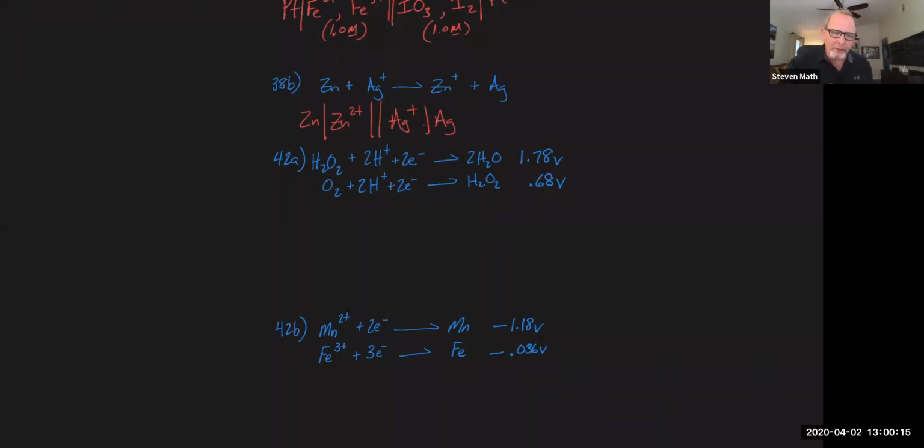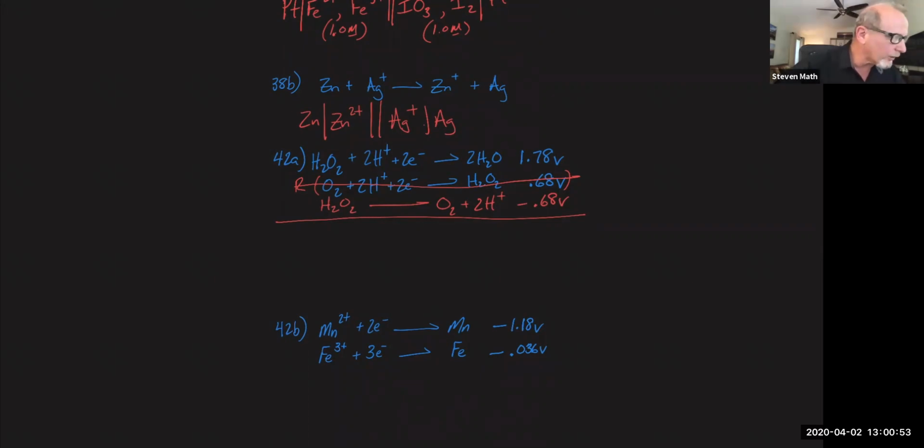42 is a little bit different story because what we need to do is make this cell galvanic. They gave it to us as 2 reduction potentials. So in this case, we're going to have to reverse the bottom one. And so that's going to be H2O2 going to O2 plus 2H+ and a negative 0.68 volts. So we're just going to ignore that that one ever happened. And so if we write the overall reaction for this, we should be looking for something along the lines of